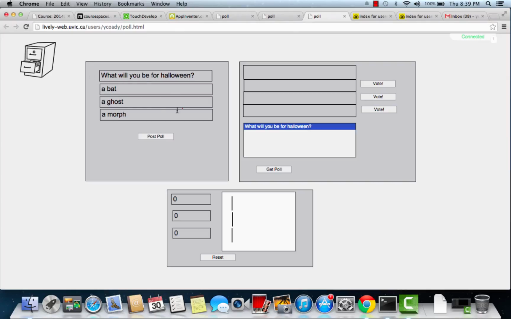So I've made this little poll here. I've got my own copy of the poll.html world, and I've written up, what will you be for Halloween? A bat, a ghost, or a morph? And I've posted it. And when I post this poll, I just want to look at what happens with the